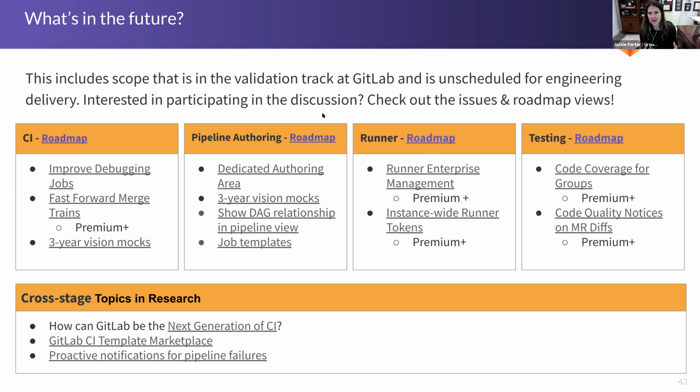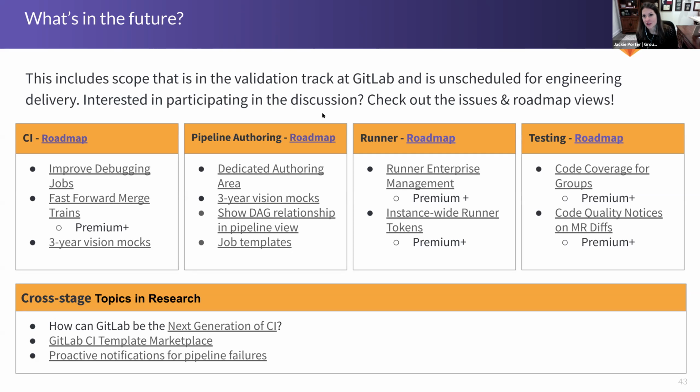So we're really excited to begin that journey for the pipeline improvement. And then pipeline authoring, it'll be really great to start seeing job templates and the template experience come to life after pipeline builders and the pipeline authoring experience becomes more viable for our users. We're also starting to dive into our cross-stage research around the next generation of CI and what that could look like as we start to pair together things like the 5-minute app, the auto DevOps journey, and how we want to see CI have a reemergence with some different concepts in the market,